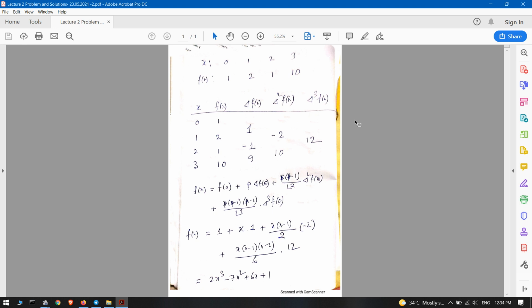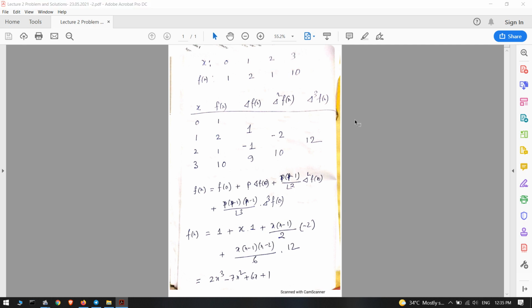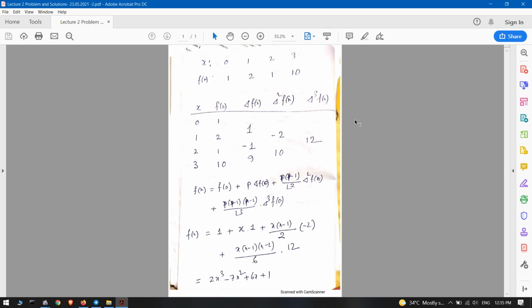I think this concept is not clear to all of you. So go through whatever notes I have given to you and try to understand. One solution I have given, and one more problem I am going to send you. You try to solve that, then your confusion will be clear. The next day again you ask me questions regarding Newton's forward interpolation formula. Because if you understand forward interpolation, backward interpolation will be only a half-hour class. Once you solve one or two problems, that confusion will be cleared.